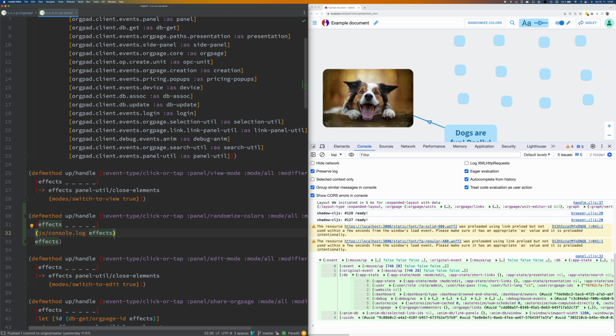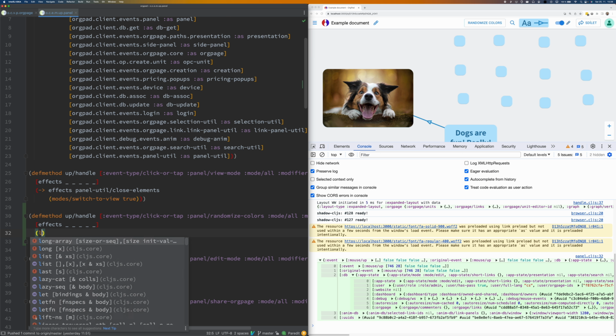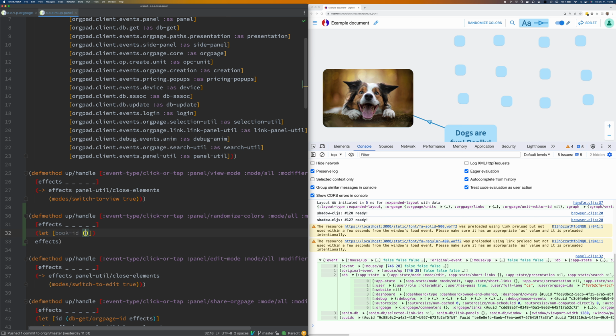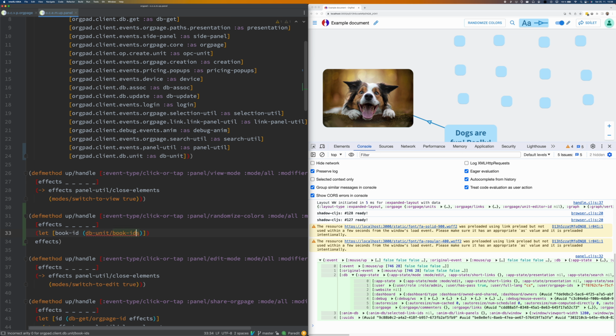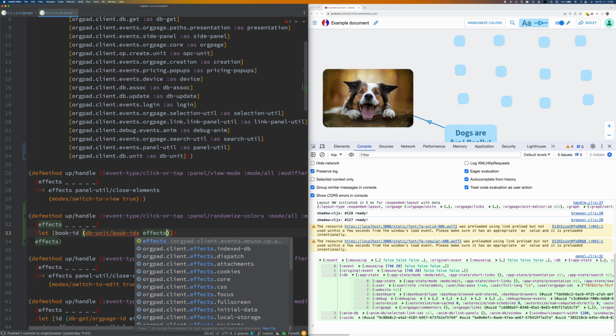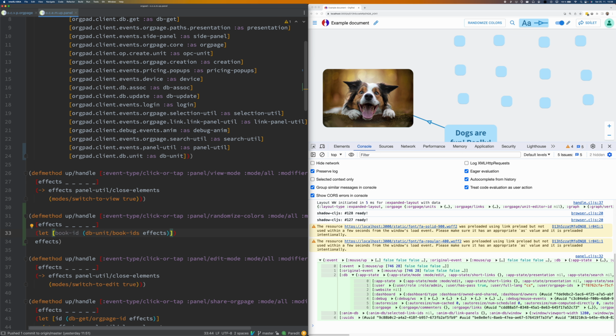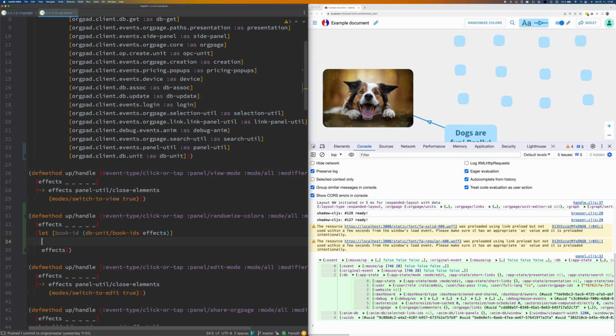Okay, so how should we do it? First of all, we have to know IDs of all the nodes, all the units which we want to recolor. And I have a function for that called dbUnit book IDs. The input of this function is effects, and it will return me a sequence of all book IDs within my document.